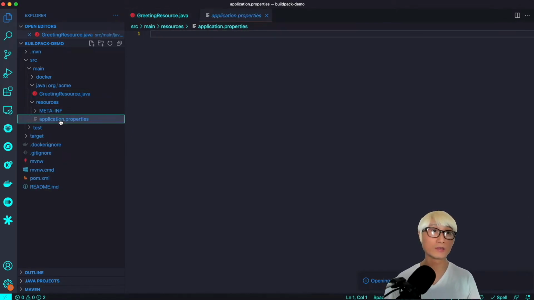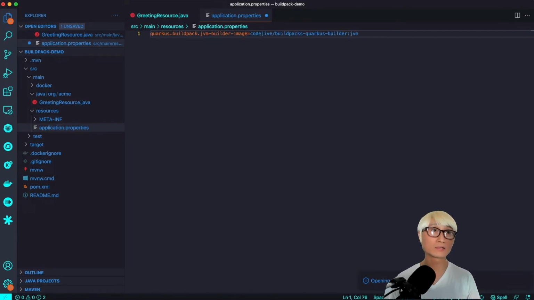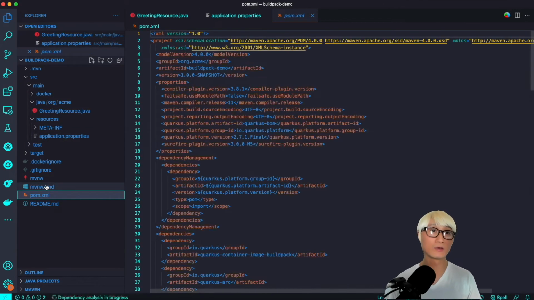Okay. And then the last thing I need to do is add one configuration here, the Quarkus Buildpack JVM builder image, where we're going to use the Buildpack Quarkus build JVM image. If you want native compilation, you just change the image to the native image as well. Okay. When you go to pom.xml, you can find your artifact ID and also version, which